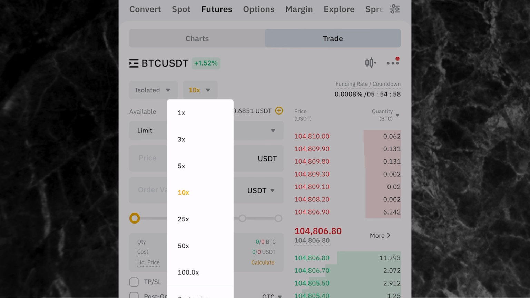Now, let's assume that you want to enter a trade with 10x leverage. So this is 10x leverage that the arrow is pointing to. Now, if you are entering a trade with 10x leverage, and let's say, for example, you are longing. Don't forget, longing means that I'm predicting that the price of Bitcoin will go up. So let's say, for example, I predict that the price of Bitcoin will go up and I'm using 10x leverage. If the price of Bitcoin moves up by 1%,